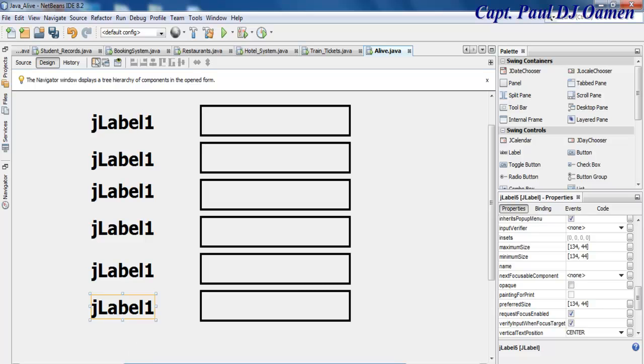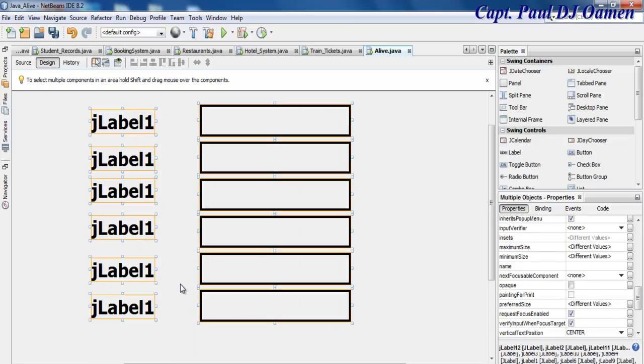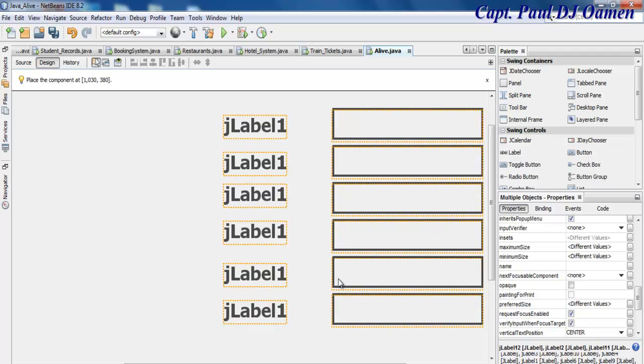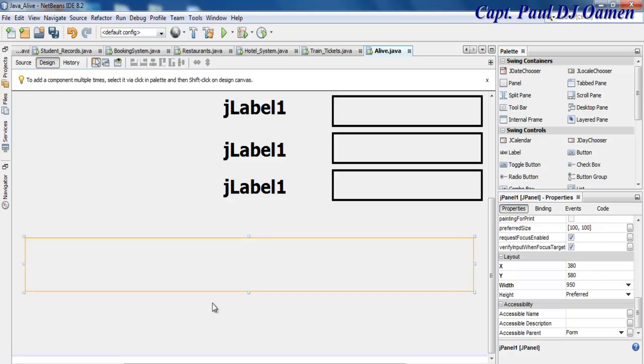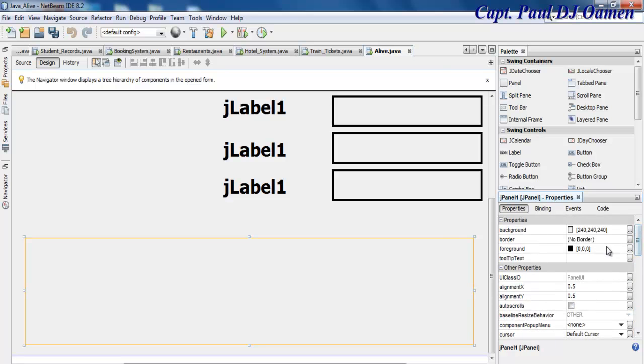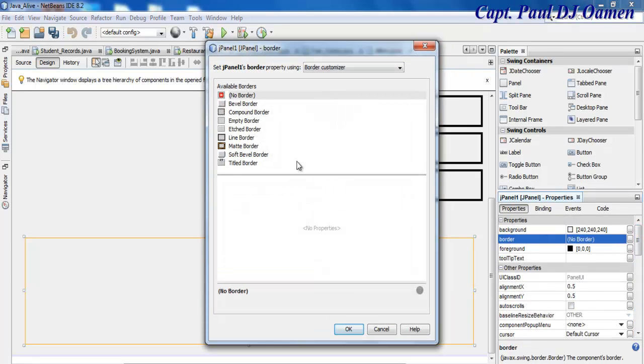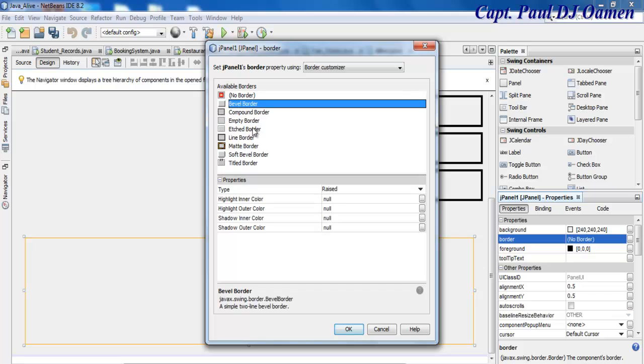Alright, before I continue, move this somewhere here. I'm going to need buttons. Maybe we should put those buttons in a panel and drag it that much. And change the property settings of this panel. Let's come in here, change that to, let's go into bevel